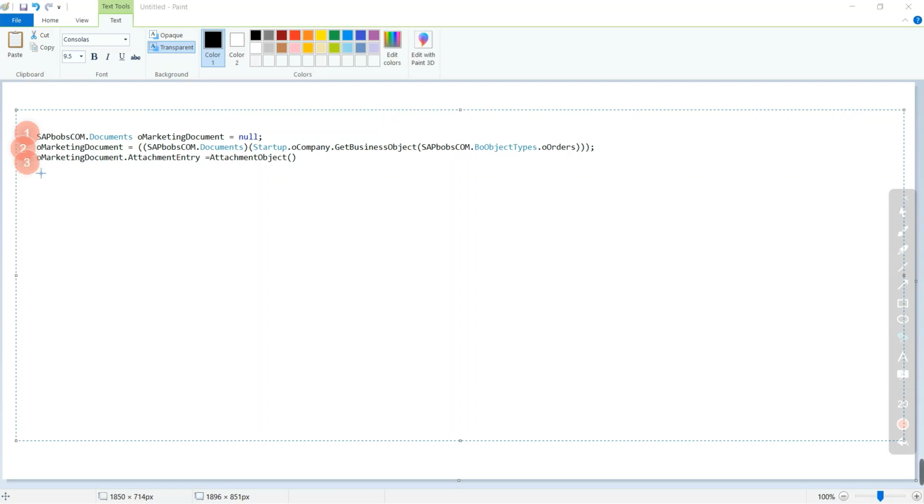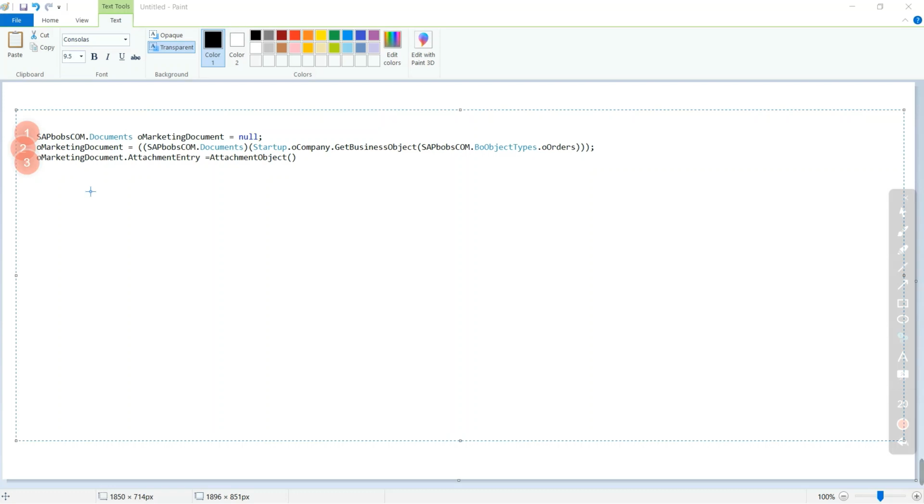And in third step I'm going to set an attachment entry. Basically every marketing document, I am saying marketing document because you can take sales order, delivery, invoice, purchase order. So I am using this name so that you can do it for other documents also. So in third step we are setting the attachment entry, and this is the property for marketing document.